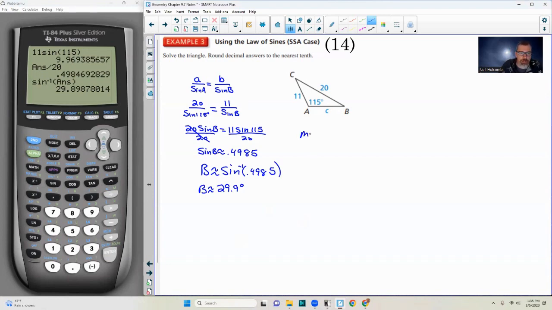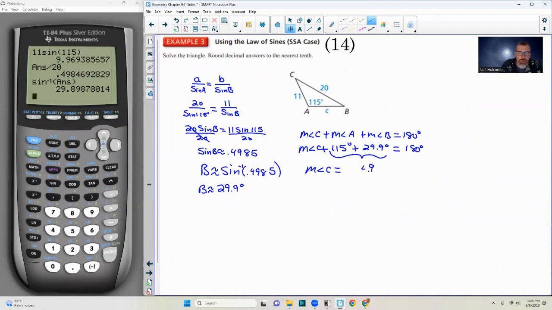So the measure of angle C plus the measure of angle A plus the measure of angle B equals 180 degrees. That's the triangle sum theorem. We are trying to find the measure of angle C. The measure of A is 115 degrees, and the measure of angle B is approximately 29.9 degrees, and that has to equal 180 degrees. Combine your like terms, and you get the measure of angle C equals